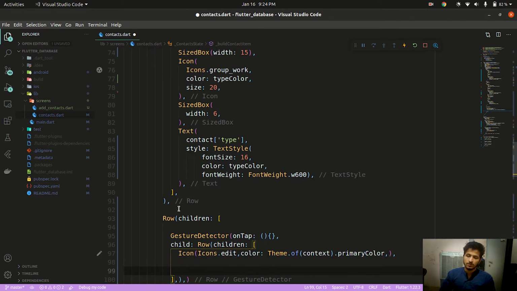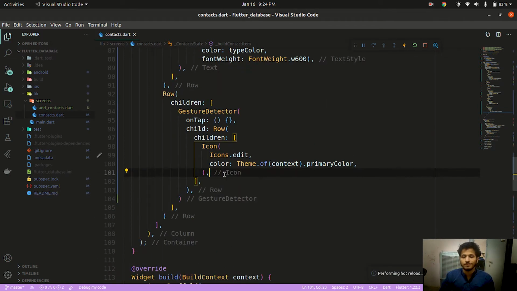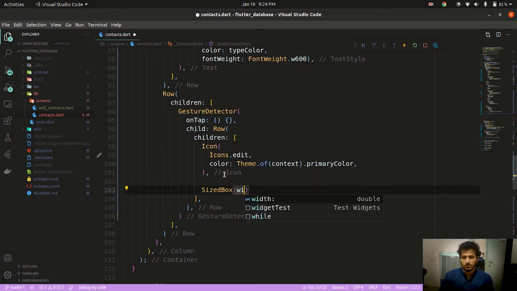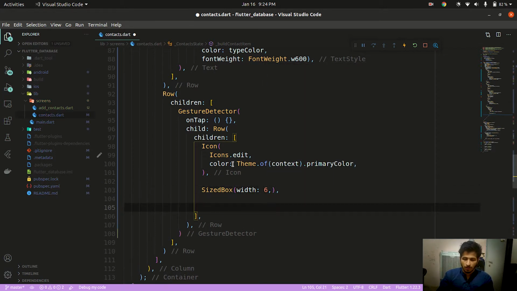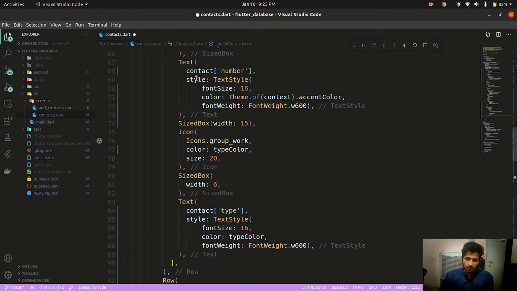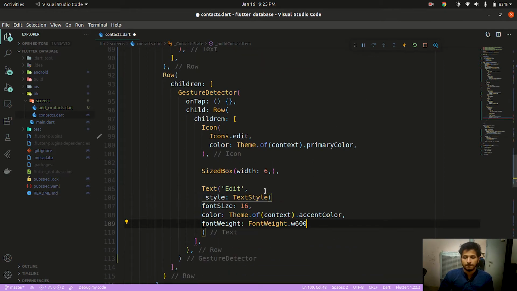Let's add another widget in our button, so let's add some spacing using a SizedBox with width equal to, let me say, 6 I guess, and then a text widget which will say Edit. Let's add some styling to the text, and let's copy the styling of this number. Now let's copy the number styling and paste it over here, and let's change the color to the primary color.